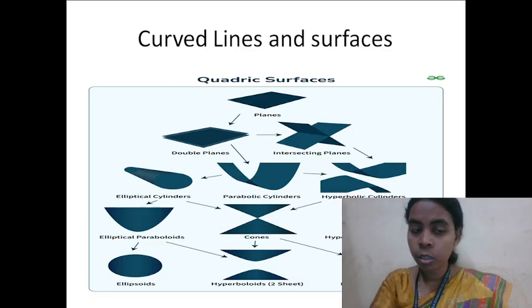Curves are used to define smooth paths or outlines. The most common types are quadratic surfaces: planes, double planes, intersecting planes, parabolic cylinder, elliptical cylinder,